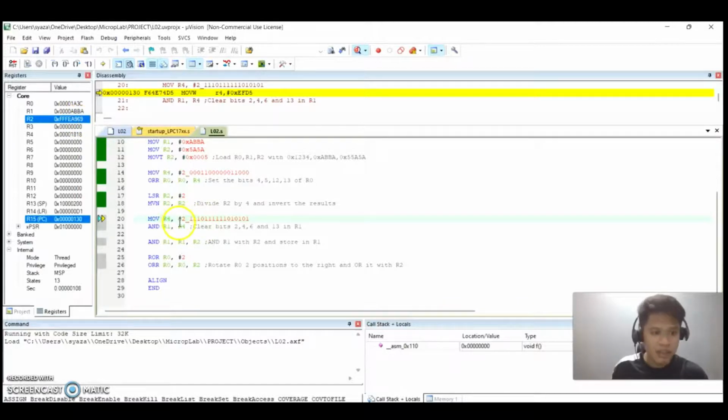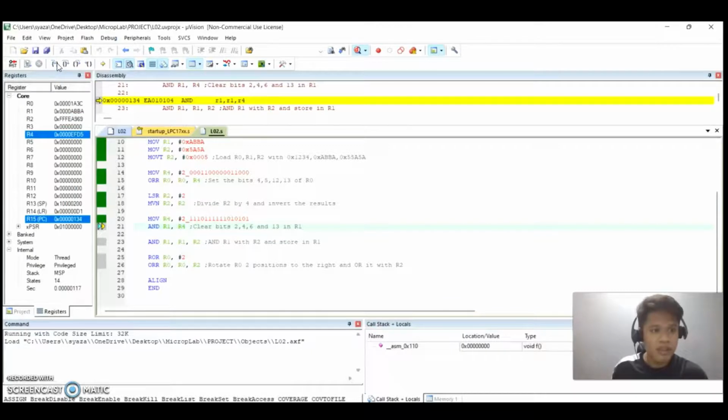Then the next instruction is we will clear bits 2, 4, 6, and 13 in R1. So clear means the second, 4th, 6th, and 13th bits will become 0, and we will AND with any number, it will become 0, and the rest of the bits will become 1. So we will see here R4 has successfully put the bits here. Then we will AND, we will clear bits in R1 with R4, we clear bits to 4 in R1. So we will store in R1. R1 will get a new value,